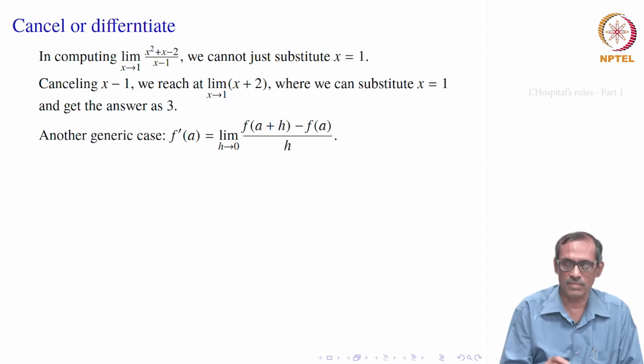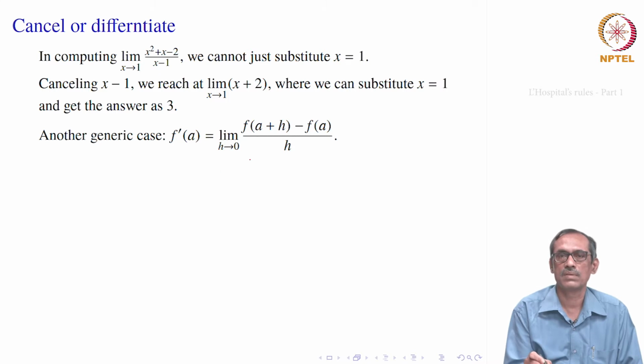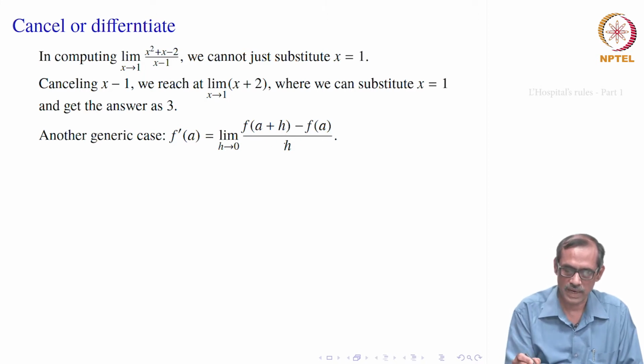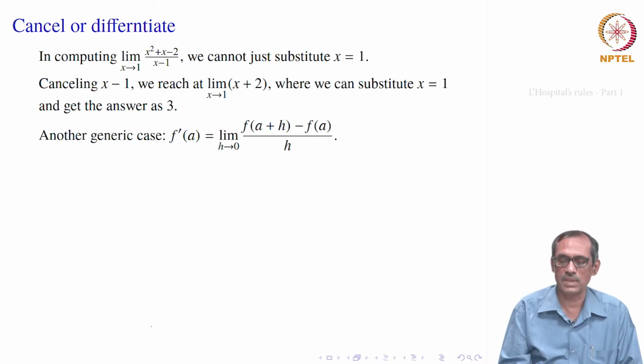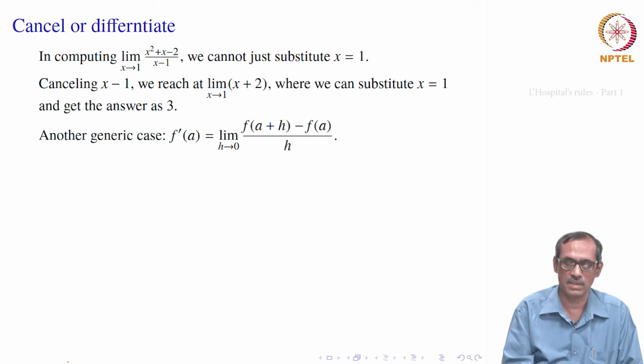But look at the definition of derivative also. In the definition, the derivative at x equal to a is equal to the limit as h goes to 0 of the ratio f of a plus h minus f of a divided by h. Here you see that if we take h near 0, the denominator goes to 0, the numerator also becomes 0, right. So, it is again in the same 0 by 0 form. The definition of the derivative of any function you take would give rise to this limit. Again we cannot just substitute h equal to 0 there.